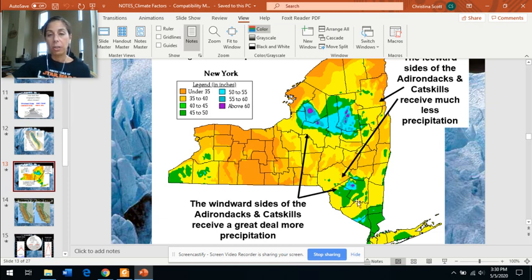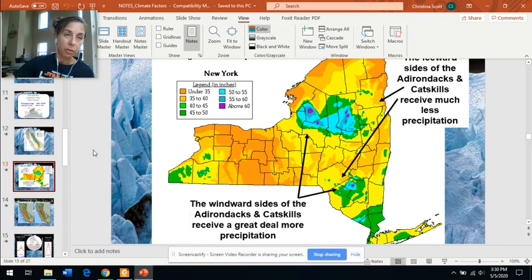Over here, this little region is the Catskills. You recognize that, and they would get some moisture as well. So that would just kind of come this way or come this way. But if you're not on the windward side, you're on the leeward side, you would definitely have a climate that would be drier.